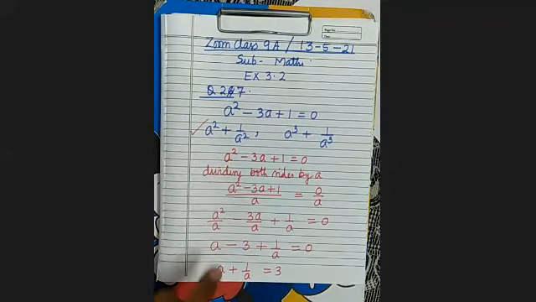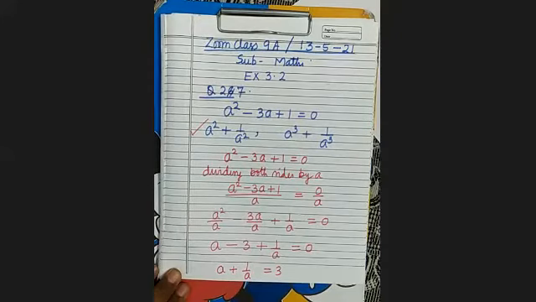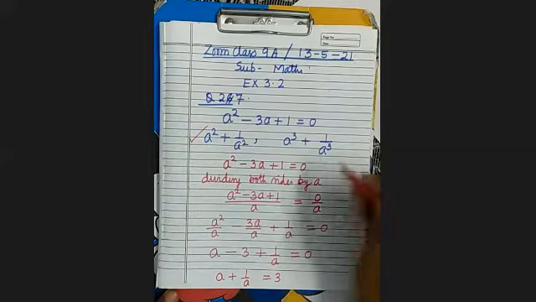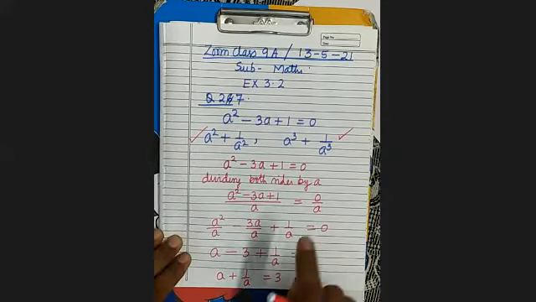हमने इसको किसमें चेंज कर लिया? A plus 1 upon a. Have you got? Yes, sir. Now you have to find this. तो अब हम क्या करेंगे? Sir, a plus 1 upon a whole square. If you do the square of both the sides, you will get this. और इसके लिए क्या करेंगे? Sir, a plus 1 upon a whole cube. You will do the cube. इसके लिए स्क्वायर और इसके लिए क्यूब करेंगे.